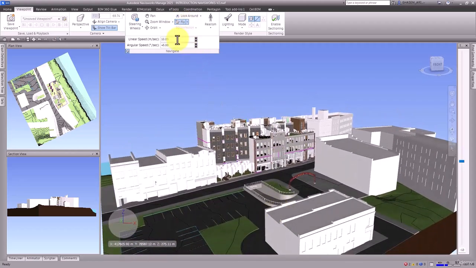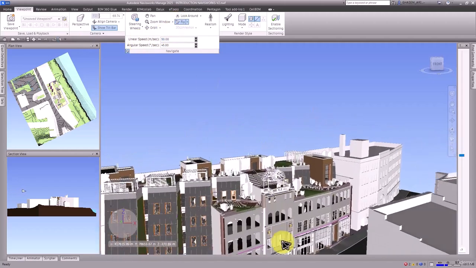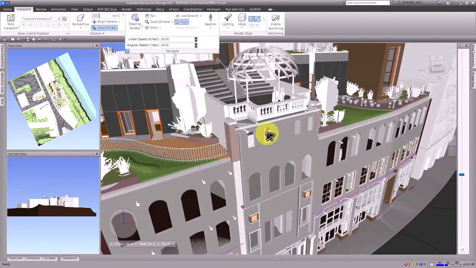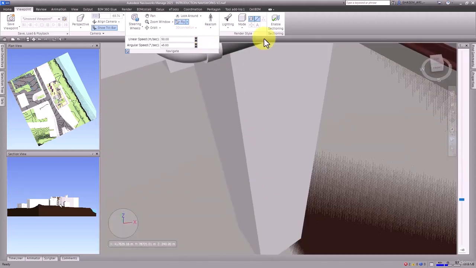So, for example, if I set the number a little higher, for example 50, and let's move, the speed is higher. Yes, it will be like this. Let me go back